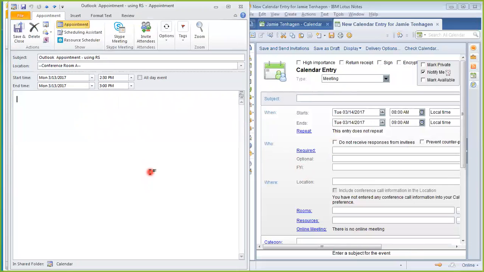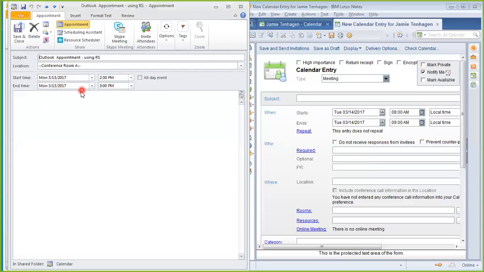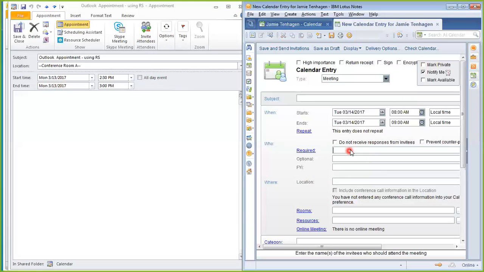Here's an Outlook appointment. Now, Outlook does separate appointments and meetings, but essentially you're filling out the same information. So just as in Lotus Notes, you'll put in a subject or the title of your meeting. When does it start? When does it end? What is the repeating schedule? Same as Outlook. When does it start? When does it end? Your repeating schedule. If you have attendees, who's required, optional, FYI. If this was a meeting, this one is actually an appointment in Outlook,